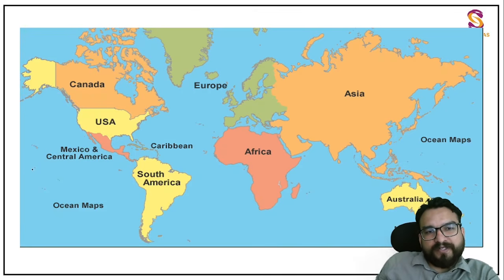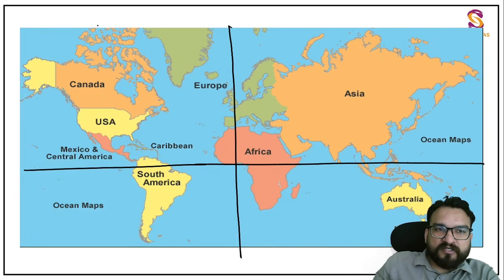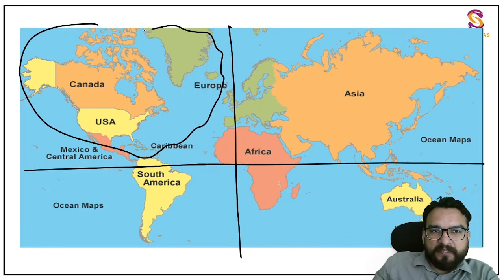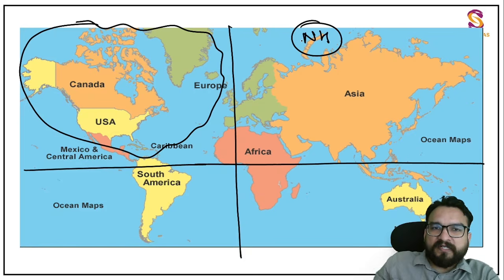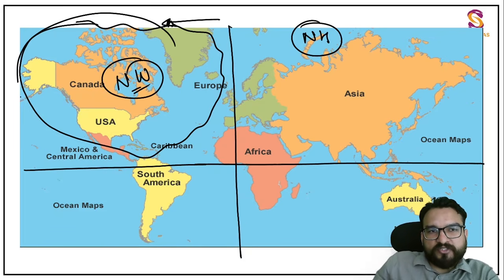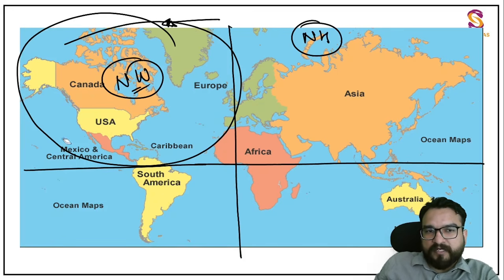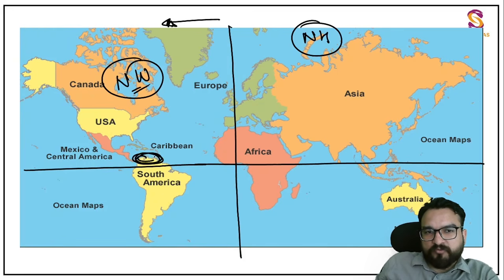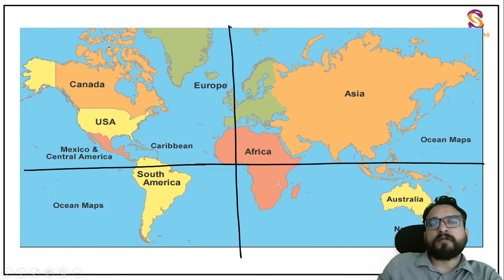So if I ask you where this North America continent is situated, how will you say it? You will say that the North American continent is completely present in the Northern hemisphere, right? Is the North American continent completely present in the Western hemisphere, right? So the North Western hemisphere is the location of your North America continent. First of all, you take it, because for South America, I have told you, a small portion is in the Northern hemisphere too, right? So like this, you should have a broad understanding. Nobody will ask you again the latitudes and longitudes of a particular continent, right?